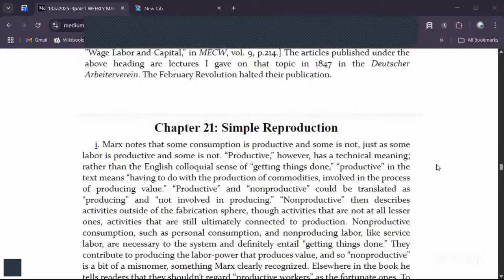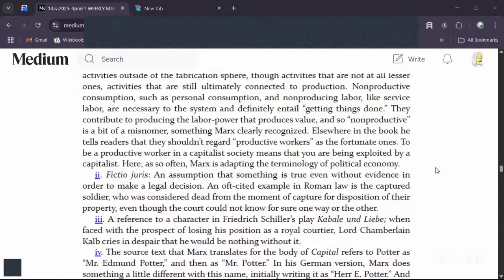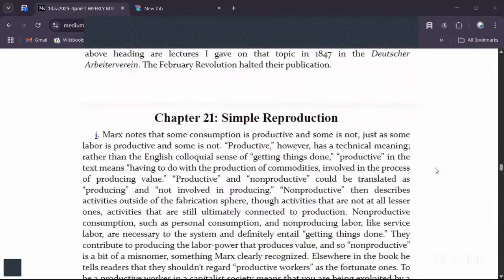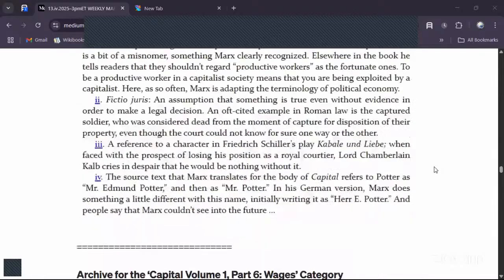Now, these are, and this I will conclude with this one paragraph here. So hang in there, folks. I think we have already reached the time. The point of this whole business here, chapters 20 and 21 of Capital, Volume 1,